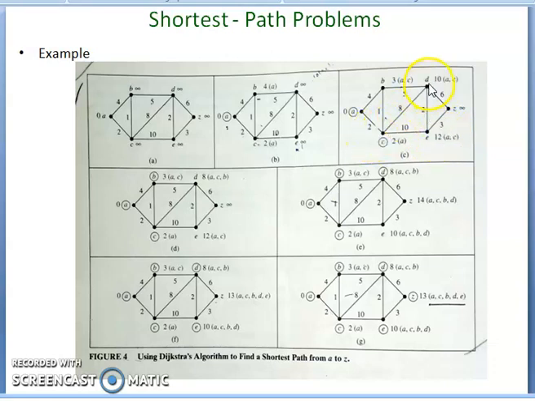Similarly, you update D. Previously the D value is infinity. Suppose you move from A to C and C to D. Up to C the value is 2, and 2 plus 8 is 10. 10 is less than infinity. So you update this to 10, and the path is from A to C, C to D. Now here we have 3, 10 and 12. Among these three, which one is the least? B is the least. You move to that.